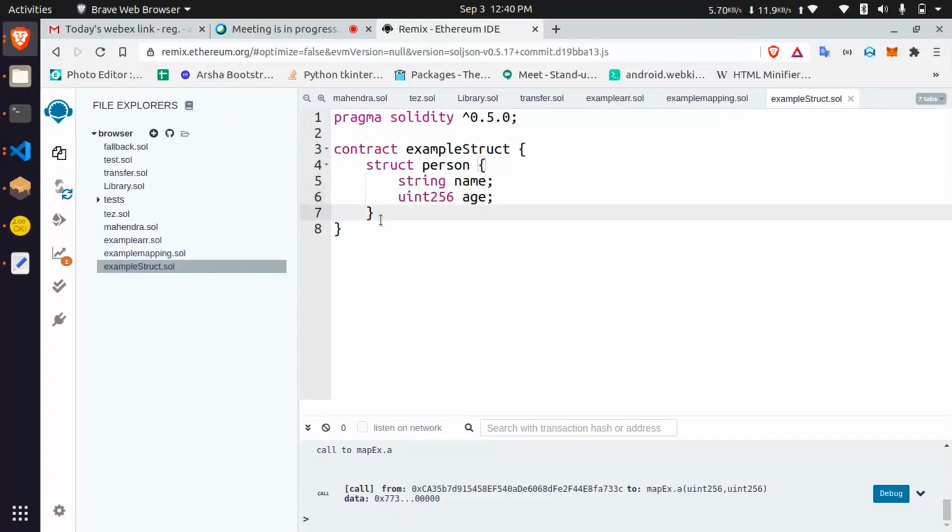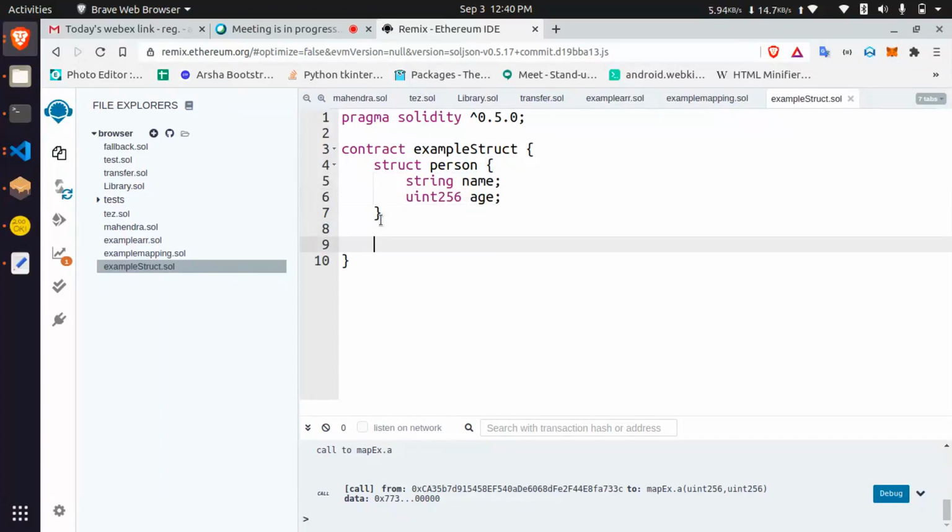This structure I'm going to use in a mapping as well as an array. I will explain that. First, we will see it with mapping, using any unique identification.